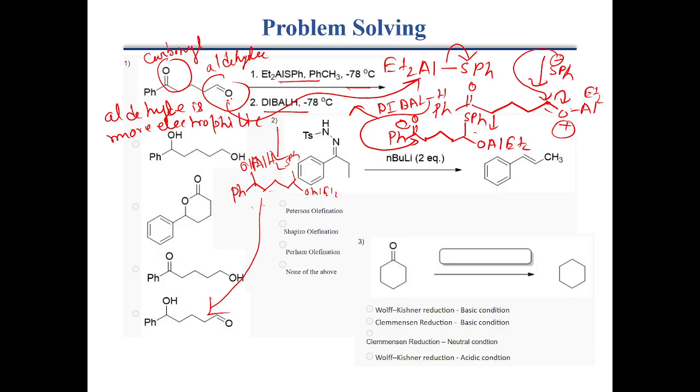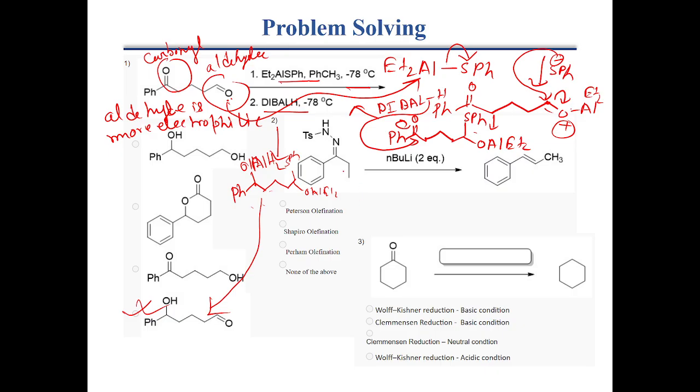So if I briefly discuss, in this case, due to the presence of this diethyl aluminum sulfide Lewis acid, this more electrophilic aldehyde is masked and the DIBAL-H reduces the ketone. So this will be the right answer. So now the next question is